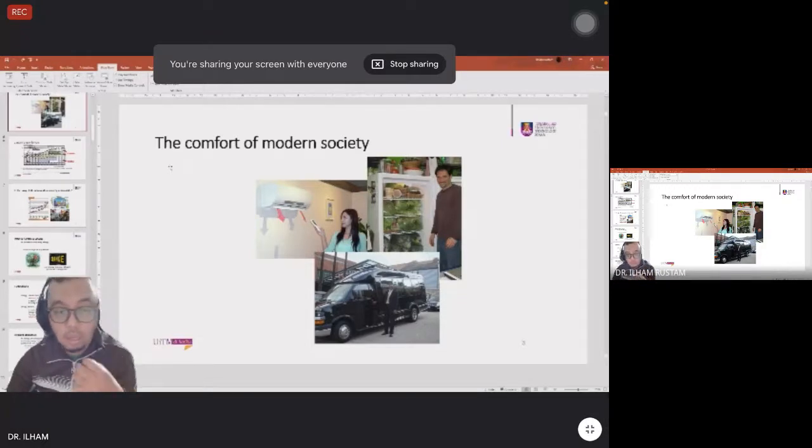And then in the modern society, a huge chunk of our comfort level revolves around electrical appliances. For example, air conditioner, a refrigerator, and cars to get us around. For you guys students, most probably not cars. If I'm not mistaken, motorcycles, or maybe for girls, bicycles. Cars in UiTM, I believe